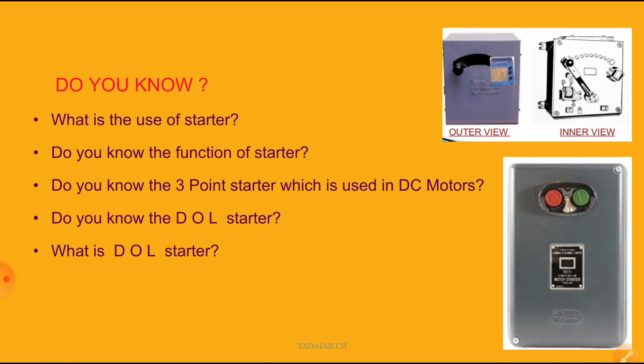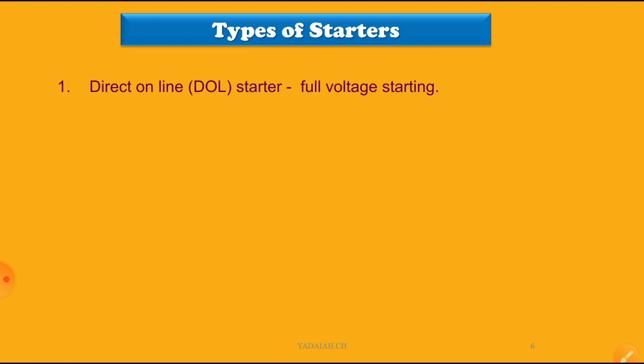What are those, sir? We will see a good example for this one. So, what are the starters? We will see later. Before that, we will see what are the different starters generally used in our squirrel cage induction motor and slip ring induction motors, which we have discussed in previous classes. What are the types of starters? Let us see. Types of starters are mainly the DOL starter, which applies full load voltage directly at starting itself.